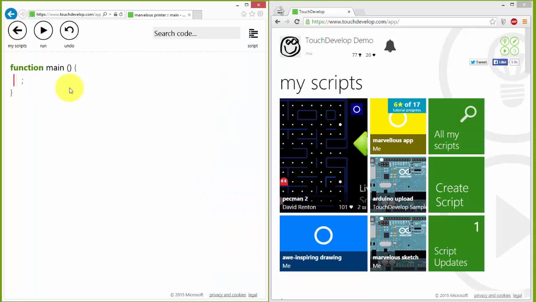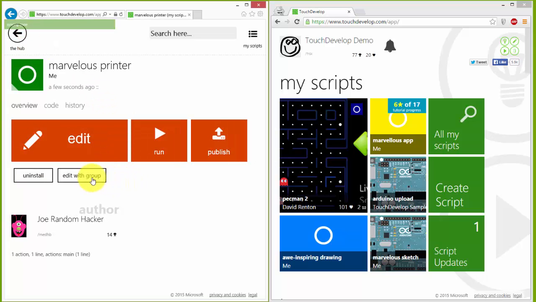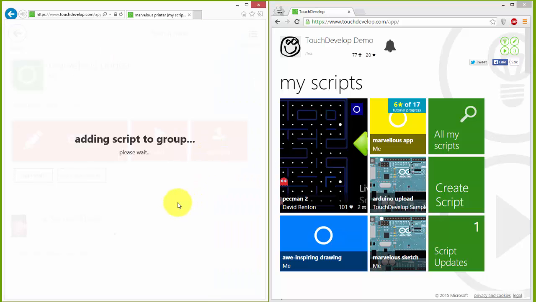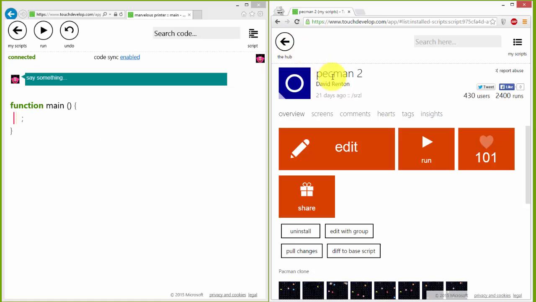Here, we create a script. We get an empty script here. Now I can go back and I can say I want to edit it with my group, and I have only one group, so I pick this one. Now I'm adding the script to the group, and here, if I actually now